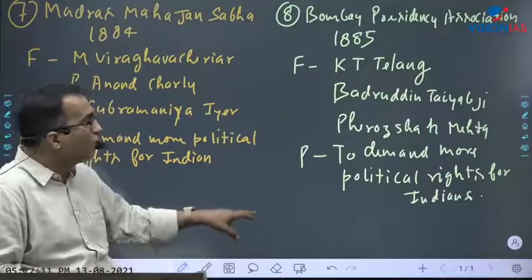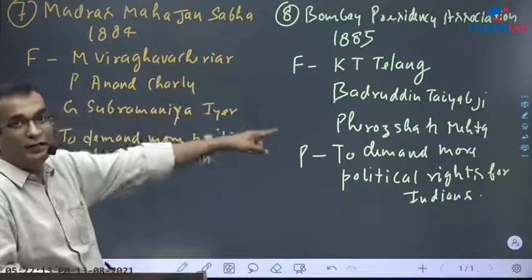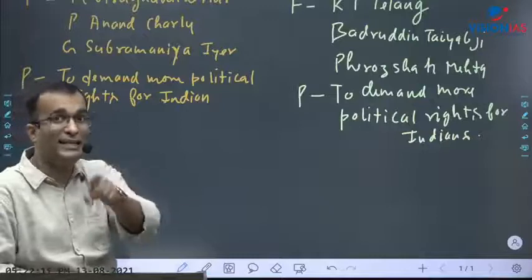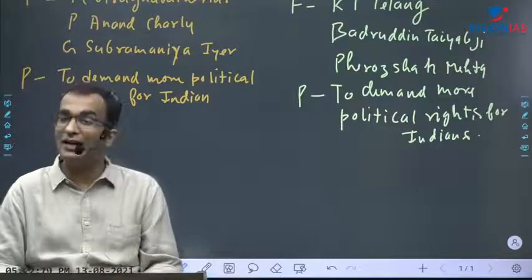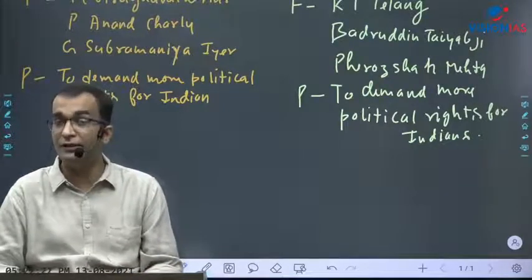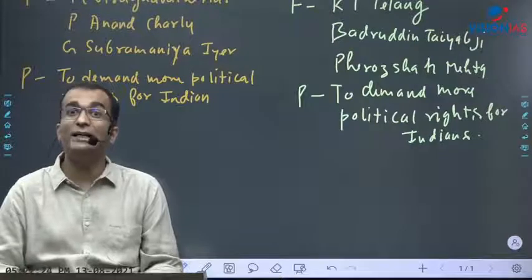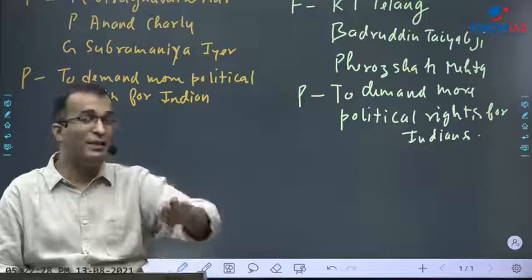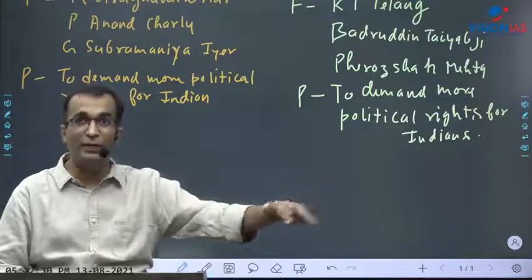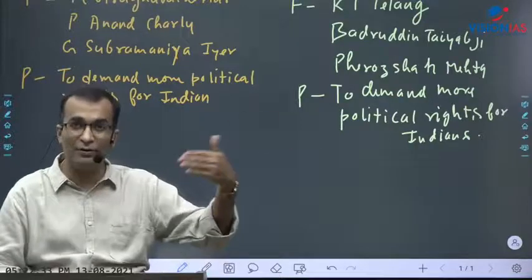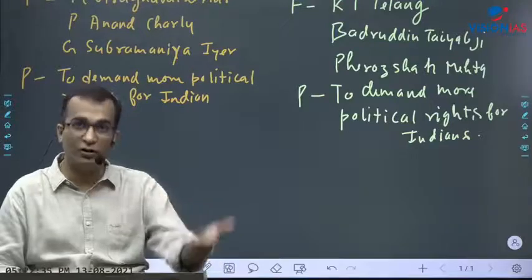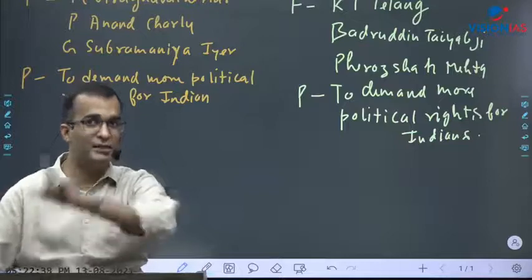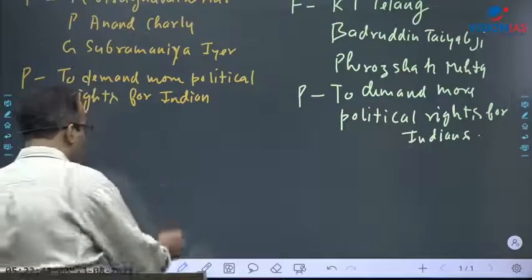Now, the outcome of these two, 1884, 1885, connect. You must connect. 1892. Charter Act 1892. What was the first provision that you have written? Increased number of Indians as non-official members. Though they maintained the official majority, the number of non-official members increased in both central and provincial assemblies. This is the first thing that you have written,